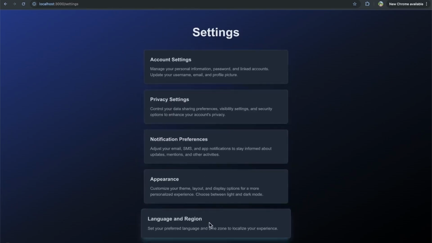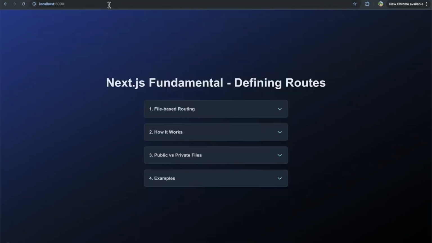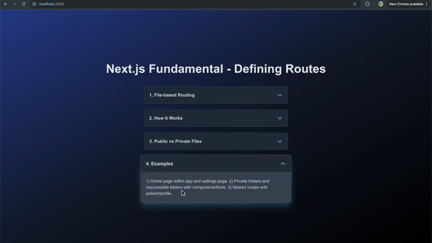So it is as easy as that to create your different routes in Next.js. It just gives you that out of the box. I didn't have to do any kind of boilerplate setup there, which is super nice. So we looked at the homepage and the settings page, but now let's look at private folders and inaccessible folders